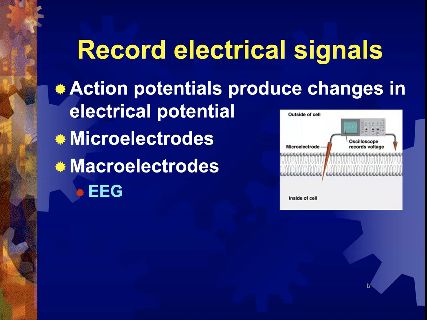So a microelectrode, you do this more in the lab. This has less clinical significance, but with a microelectrode, you can record the electrical activity of a single neuron. You can do it in humans, but usually this is mostly done in the lab. Just stick it in and just see that neuron firing. Macroelectrode, that's going to be EEG,